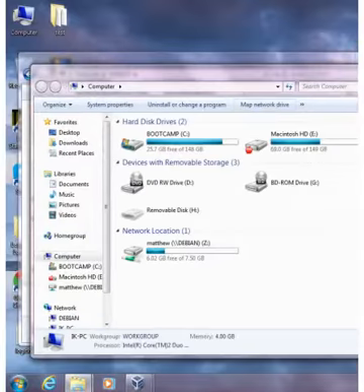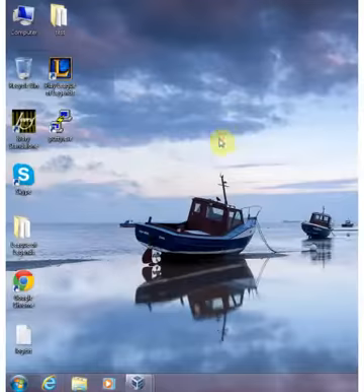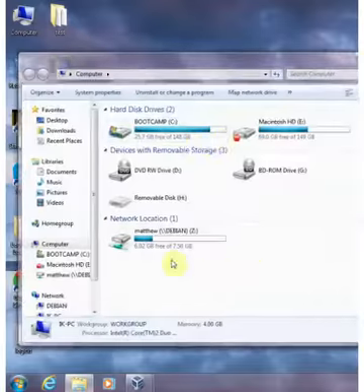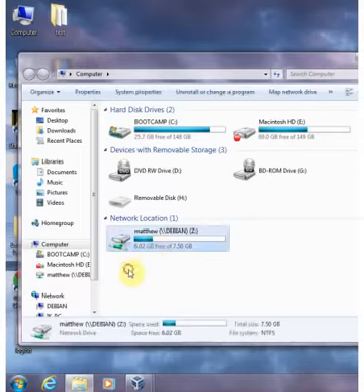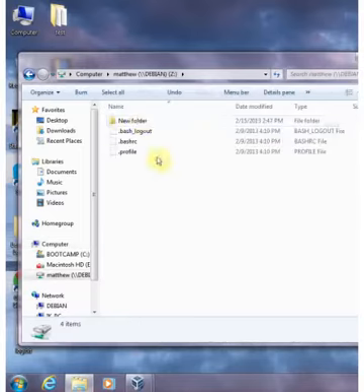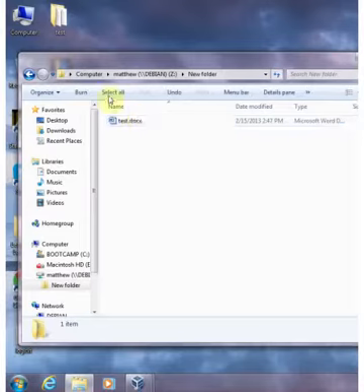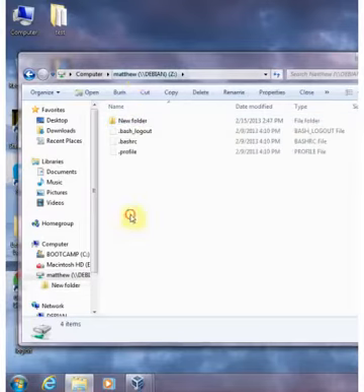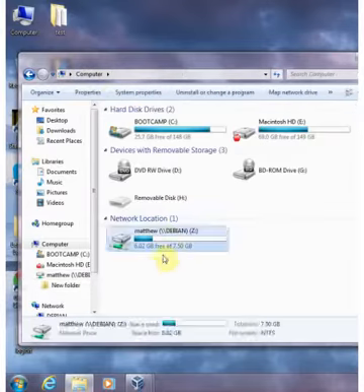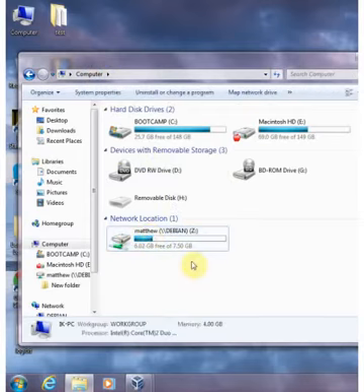So right, we'll close everything down. Start, Computer, and there you go. Network drive, just like you have at work, at school, at college, and that's where everything is stored. And it's actually on a different computer, so it's very useful if you want to keep all your important files on another computer. Now obviously the problem is that the computer might be in another room and you might be connecting to it via Wi-Fi,